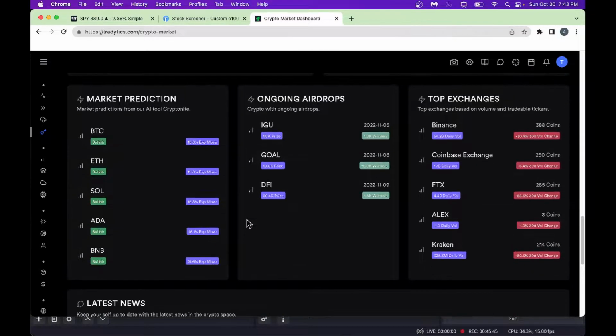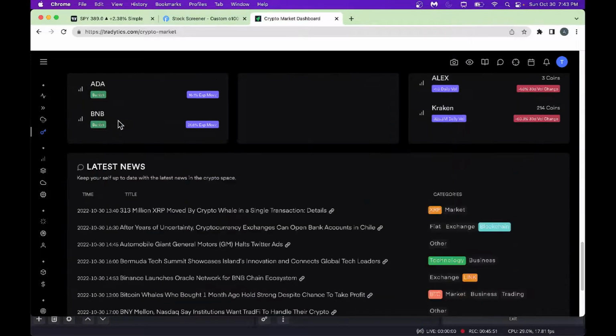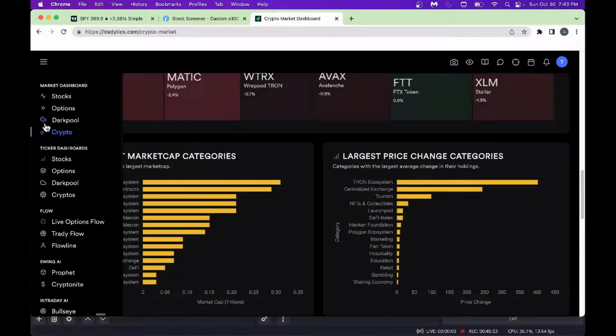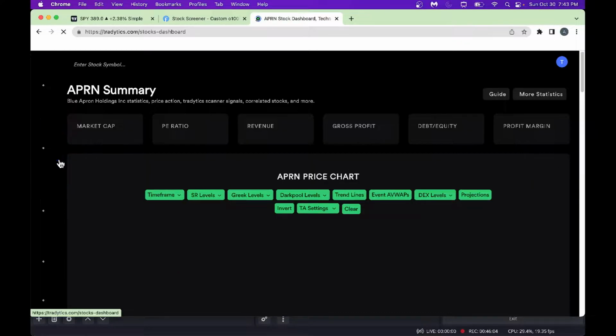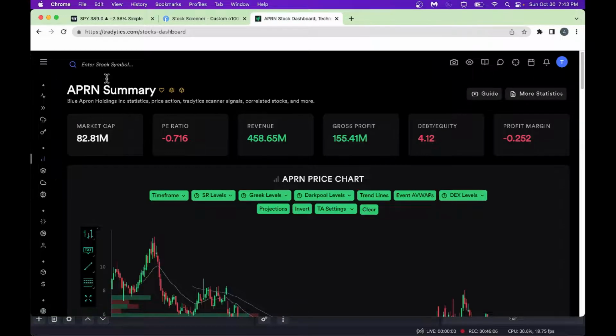You can also look at some of the market predictions here. Bitcoin might go higher. There is a bullish prediction, and you can play along here. All right, so that's about the crypto. Next is the stock chart. I love these ticker dashboards, one of my favorites here. If you want to do some research, for example, Meta came down big time here. If you want to see what's going on with Meta, you could just type in Meta here.